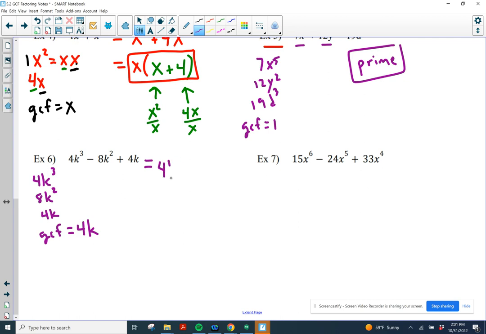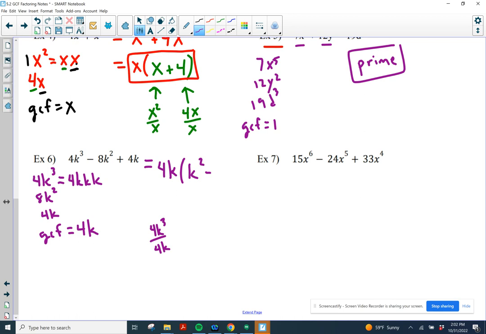So once we have found that GCF, we're going to factor it out. So we have 4k times, let's see if I do 4k to the third. A couple ways I can do it. I can write that out as 4k, k, k. If I take out a 4 and a k, I have a k squared. The other way to do it would be to look at the 4k to the third and ask yourself, if I divide out a 4 and a k, what's still there? It's a k squared. Minus